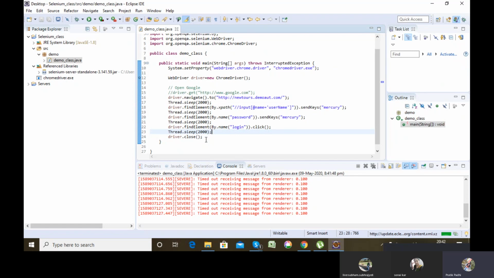Let's say once you click a link and a new Chrome browser opens, then if I write driver.close, that particular new driver which got opened will get closed. But if I want to close all the browsers which got opened in the particular execution cycle, there I have to use driver.quit.